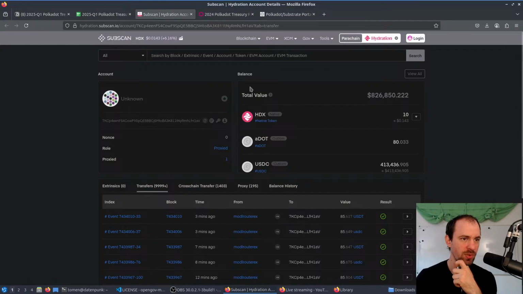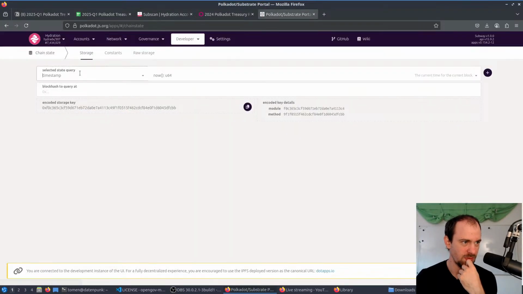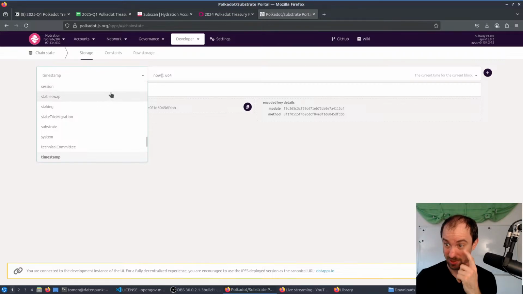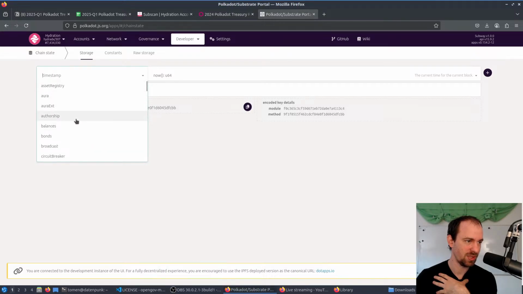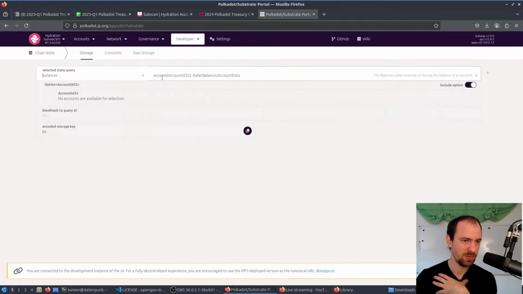And we want to know the account we're looking at. And then we need to figure out the exact point of the chain state, like what to query in the chain state. But I would say let's look if there's like balances. Okay, there is a balances pallet, an account, and we want to